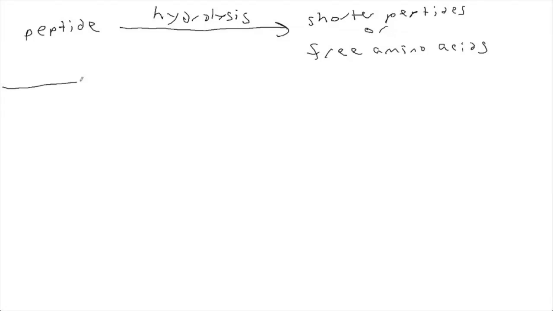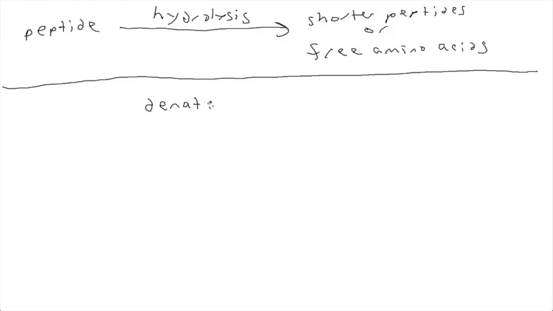We talked about hydrolysis somewhat when we were going over protein sequencing. But that's not what denaturing the protein does. So denaturing means losing the secondary